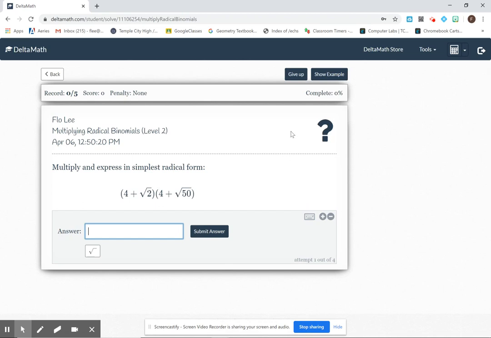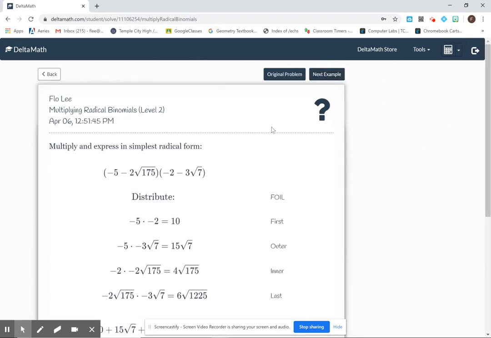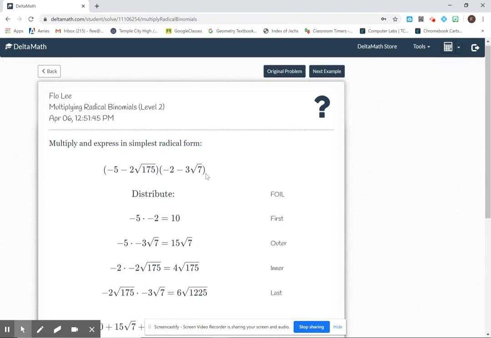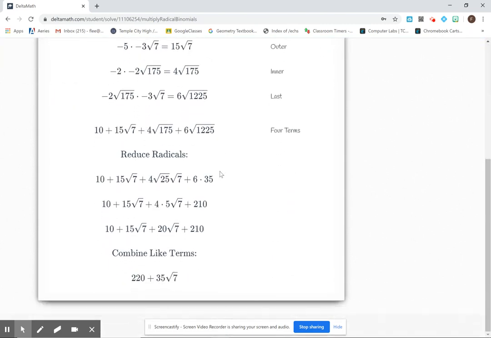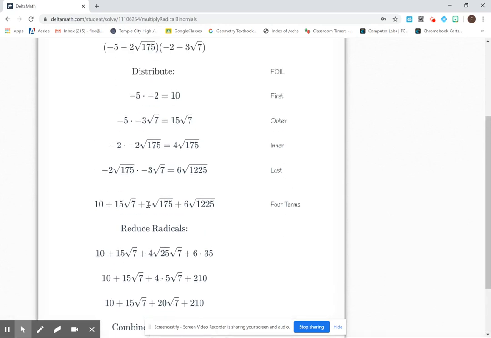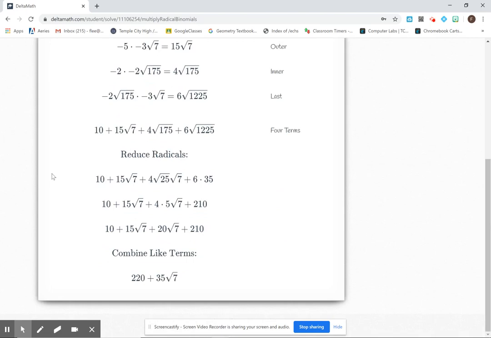Another thing to notice is up here in this upper corner, right? It says show example, this button. You may not have noticed this the first time around, but I'm showing this to you because when I click on it, it's going to show me an example. See, this is not the same problem that I had earlier. This is just a sample problem, and the person who wrote this website is showing you how they completed these problems. So just an example problem, just in case I'm not around to help you guys. But really, if you do have questions, hop onto Zoom or email me, and I'll try to help you out